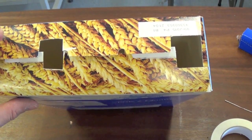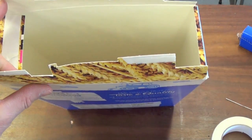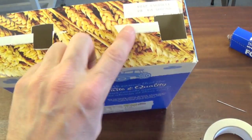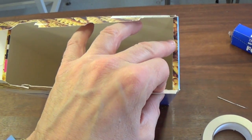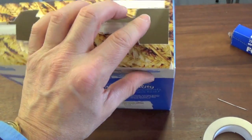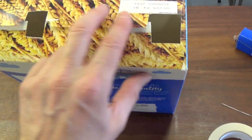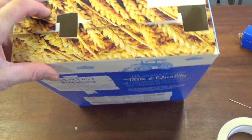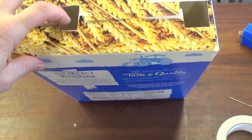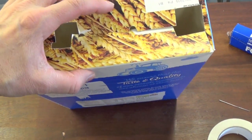So the first thing I've done is to cut 2 holes in the lid of the cereal packet. This flap can stay on. I've made 1 hole rather far to the right, which has meant I've needed to remove some of that flap because that's what I'm going to be viewing through. The viewer's eye will go there. And then this hole here is going to have a piece of aluminium foil around it, through which we'll make a small pinhole. So the next task is to tape the lid up